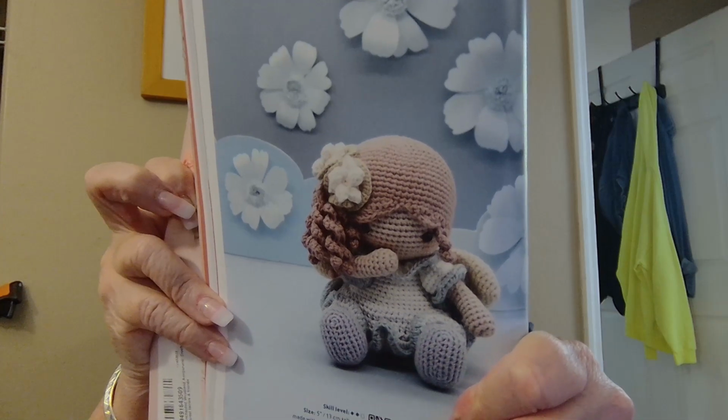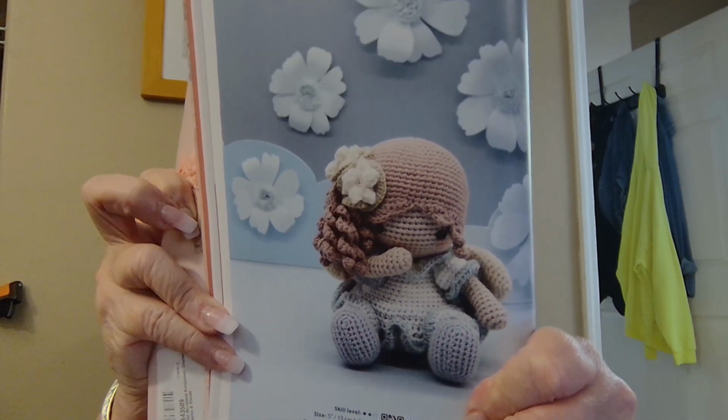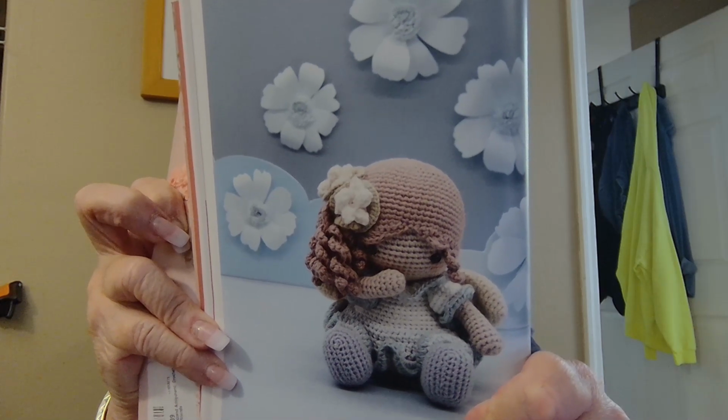Get a good gander at her, because I made just a couple of little changes to her, not a whole lot. I mean, she was pretty amicable with what she wanted. But before I introduce her to you in all of her glory, let me say thank you to each and every one of you